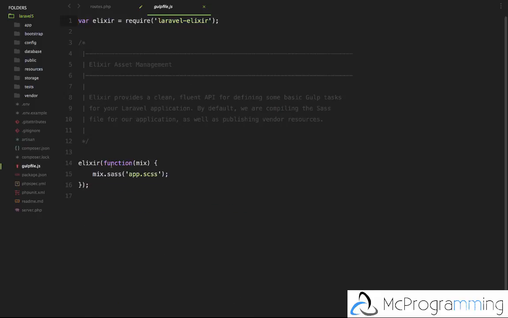And like I said, our gulp file is, if you know anything about front-end programming, gulp is a tool that automates the process of compiling Sass or Less into CSS and also compiling CoffeeScript or TypeScript or even ECMAScript into regular old vanilla JavaScript. And gulp will automatically know to compile this app.scss class, for instance, and put it in public/css/app.css. So that's really cool, and it does all this behind the scenes so you don't have to worry about that,